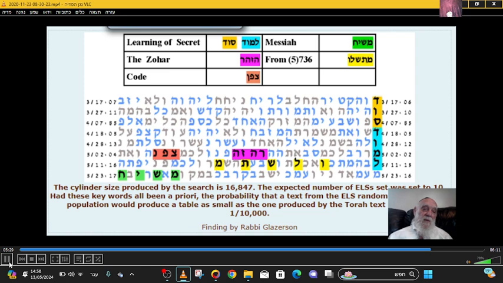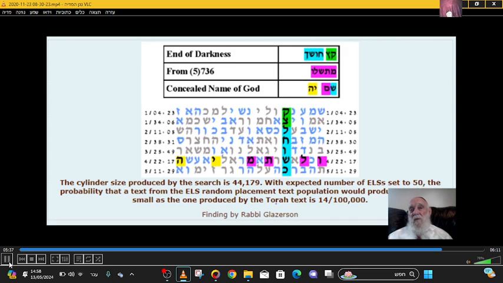He did not try more, but it can also be 100,000. Amazing, three tables that all show you the idea of the end of darkness and end of days go together.